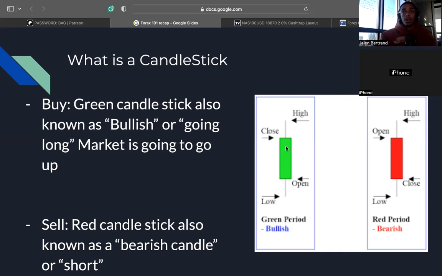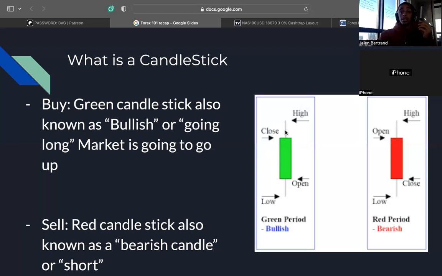And this is where it's important for you to understand the anatomy of a candlestick. So what does a candlestick look like? How does it work? To the right here, we see different words: high, close, open, low. What that means is the candlestick starts here. I think the easiest way I can do it for the people who can't see, I'll do this. So if this is a candlestick, we're going to use this. For those of y'all that can't see,